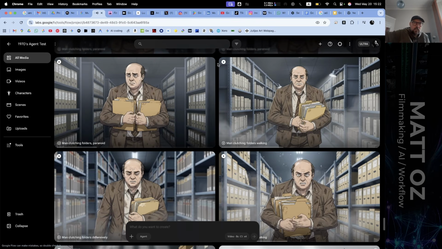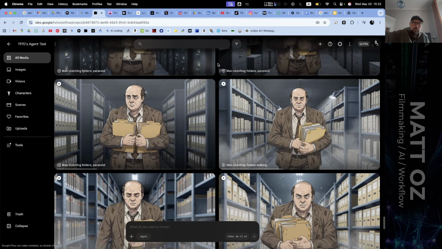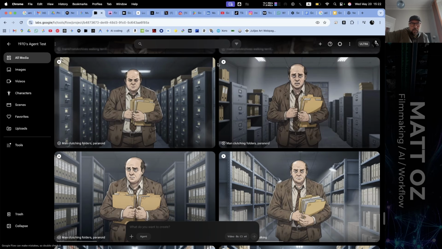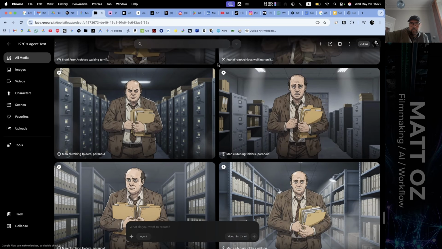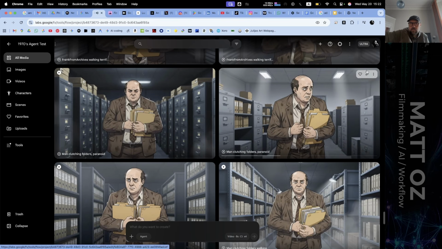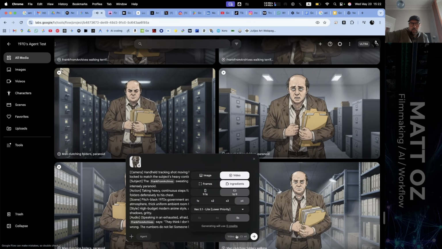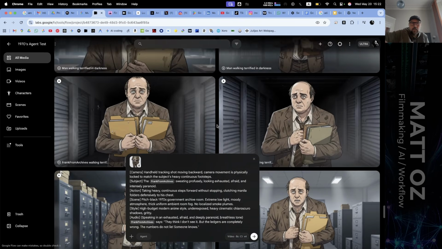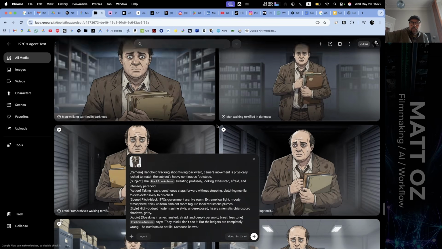So you can see, using the light model for rapid ideation, compositionally, is it in the right place? Is the motion fine? Here it's made him a little bit more rotund than he is in the other images. The office environment changed. What model are we using in this one? That's still light priority. Because these were free, I just kind of ran a bunch of them. Here he's in a storage facility, not a records room.